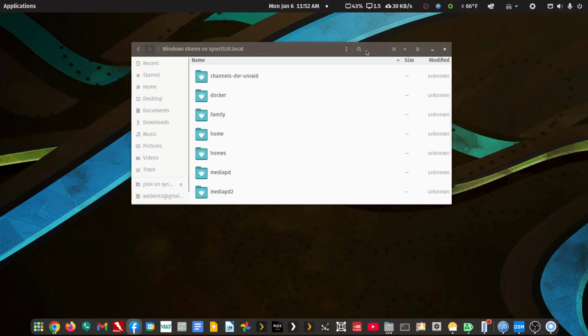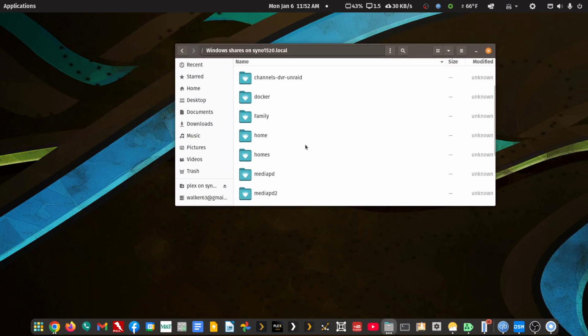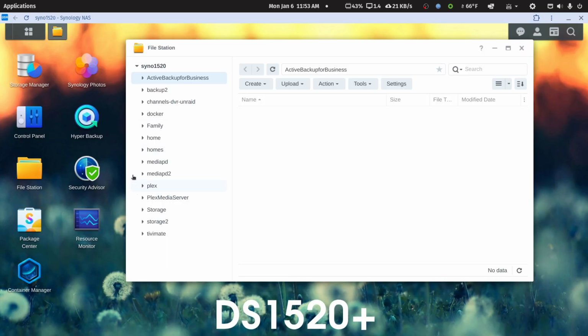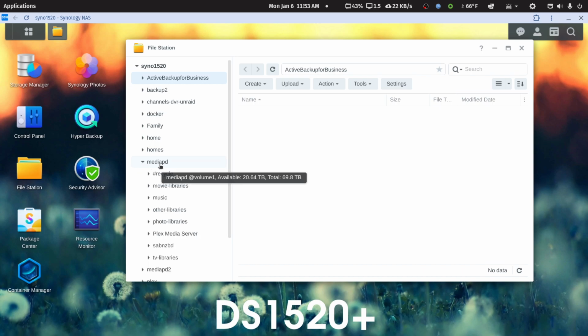So I'm logged into my Synology NAS through the file browser of my desktop Linux computer, but I want to go to Synology DSM because this is a better representation. And I'm going to show you a test media library to illustrate how I think structure should be. So a shared folder named Media PD, and then I have a sort folder for each library type. Movie-libraries, other-libraries, photo-libraries,